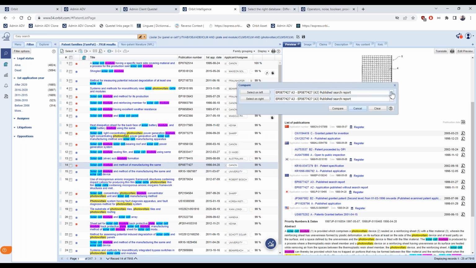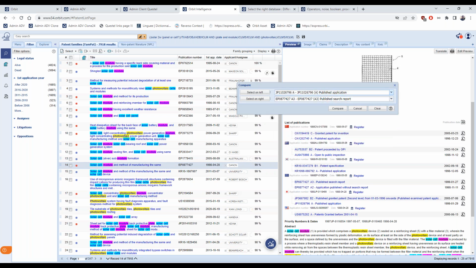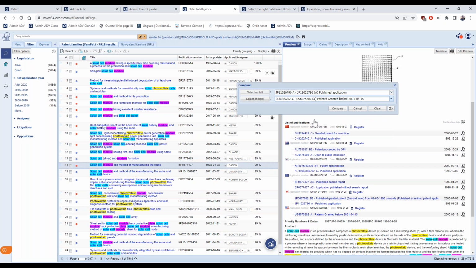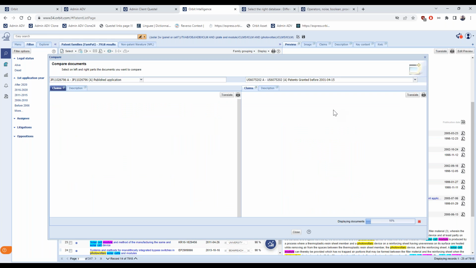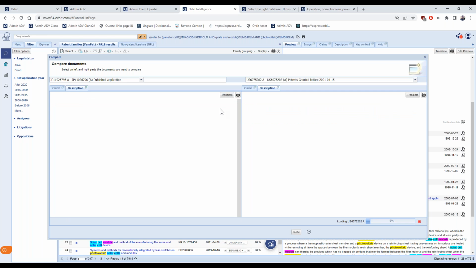So let's say the Japanese application and maybe the US application. Clicking on compare, you can see the comparison between the claims and the description.